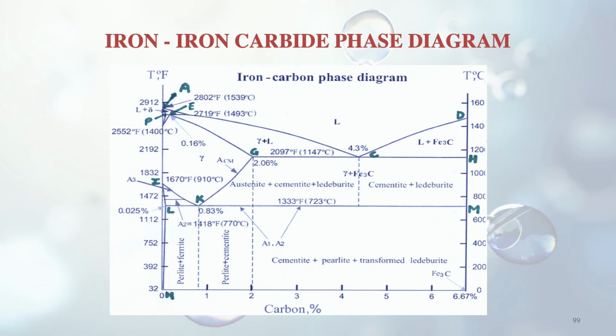There are different lines in this depending upon the carbon percentage in the steel. You can see how the cooling will take place and what kind of steel you will get. So this is the iron carbon diagram. You can study that further, and in case of any query you can ask me. This is very important in deciding the quality of a steel.